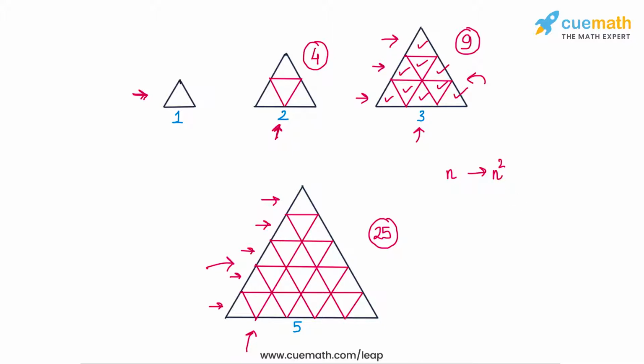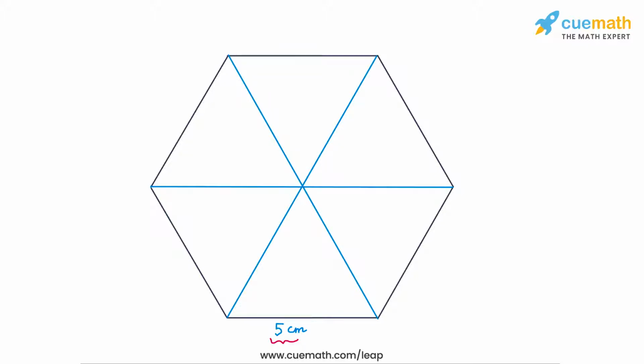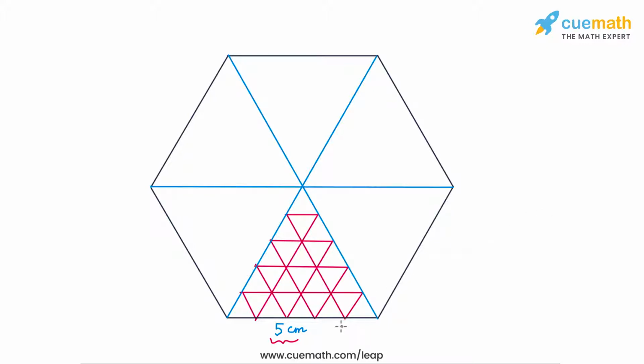We can basically fit triangles in a way so that no gap or no empty space is left inside the bigger triangle. So now let's go to the first rangoli that we had, the hexagonal rangoli with each side 5 centimeter long. How many equilateral triangles of side 1 do you think can be fit into this hexagon? Well, you can cut up the hexagon into 6 equilateral triangles by joining all the vertices to the other vertices, and each of the 6 equilateral triangles is a triangle of side 5 centimeter,